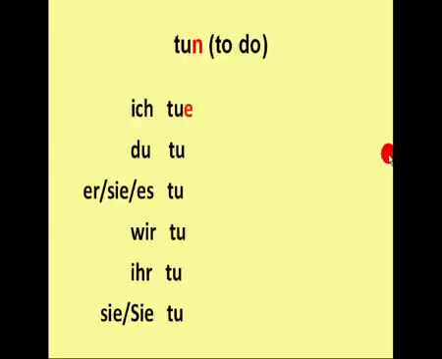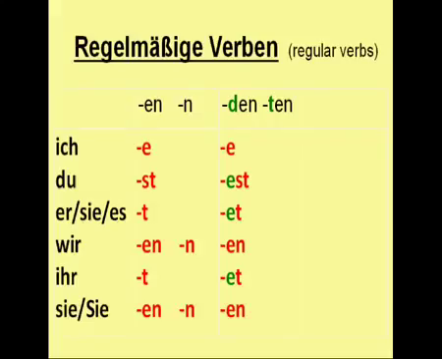Ich tue, du tust, er, sie, es tut, wir tun, ihr tut, sie tun. The second category of regular verbs are those which also end on en, but have a d or